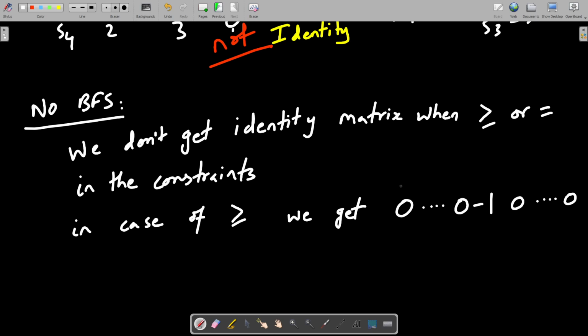It might come in the first position or somewhere. We get a row of this form. In case of equal to sign, we get a row of all zeros. Hence we don't have a basic feasible solution.